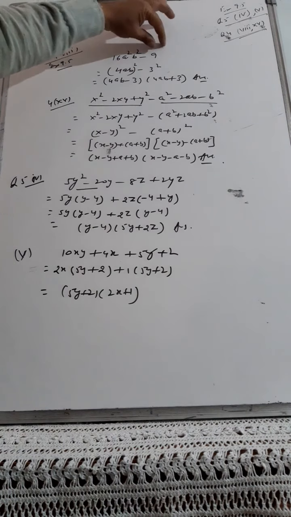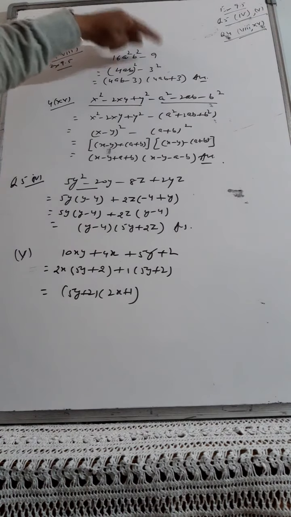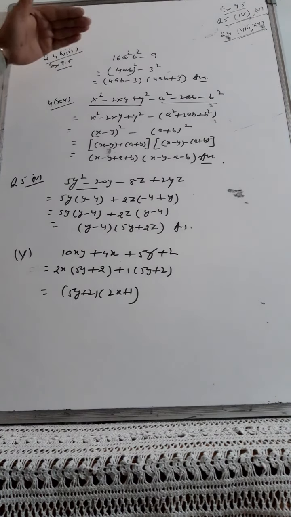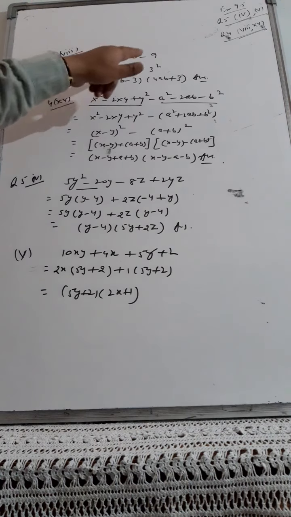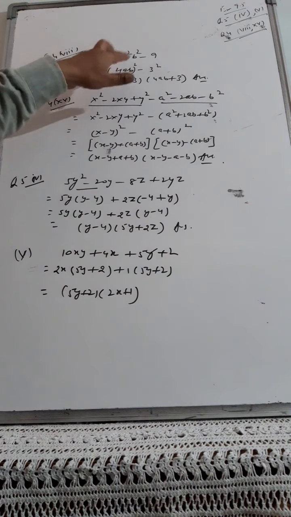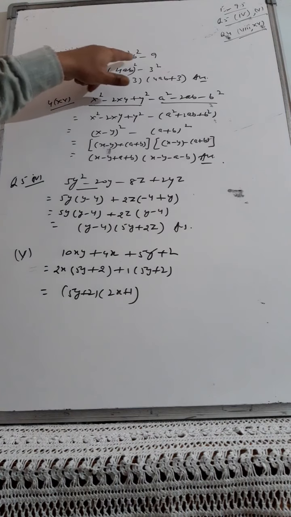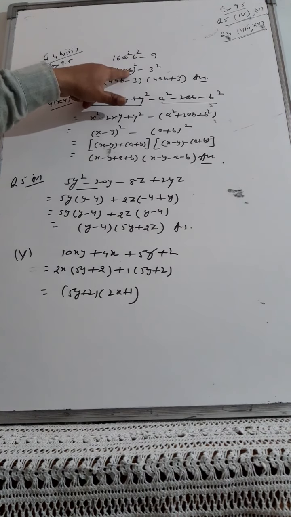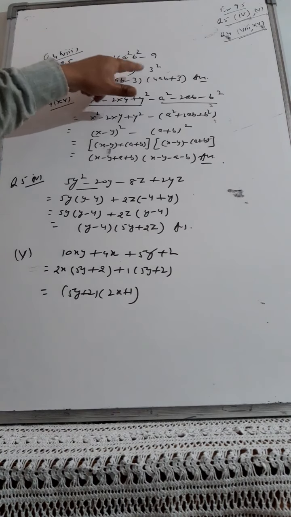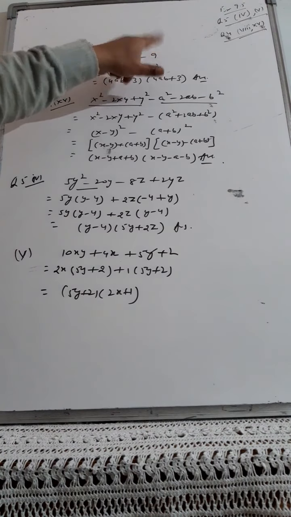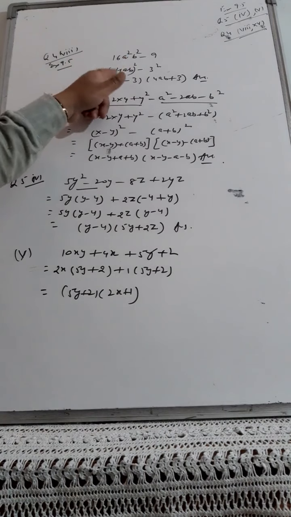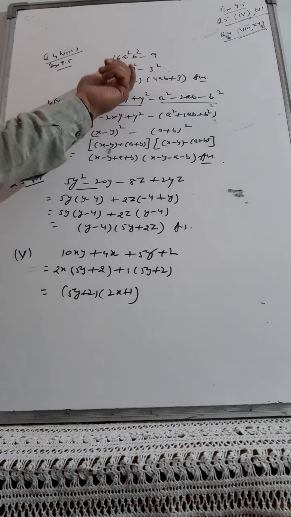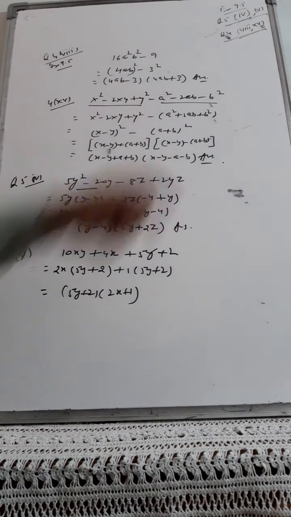When two terms are there and you find that 16 as well as 9 and a square b square are perfect squares, it definitely belongs to the identity a square minus b square. For that you need to find that 16 is the perfect square of 4, and a square b square is the perfect square of ab. So write 4ab inside the bracket whole square, and 9 is the square of 3. Now a is 4ab and b is 3, so a minus b into a plus b will give you the answer.